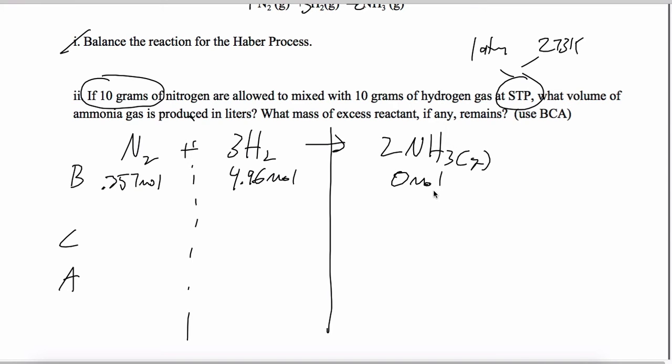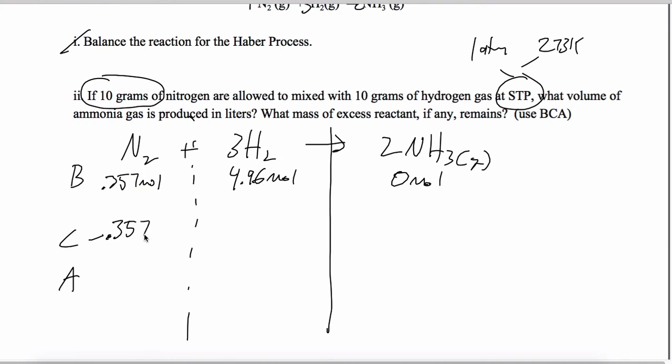Okay. So now we're going to pick our reference here. You can do it by seeing which one would give you a negative number. I can look at this and see right away that we have way too much hydrogen. We really only need 3 times as much hydrogen, and we have way more than 3 times as much. So I'm going to choose nitrogen as my reference, or my limiting reactant. So here I'm going to go